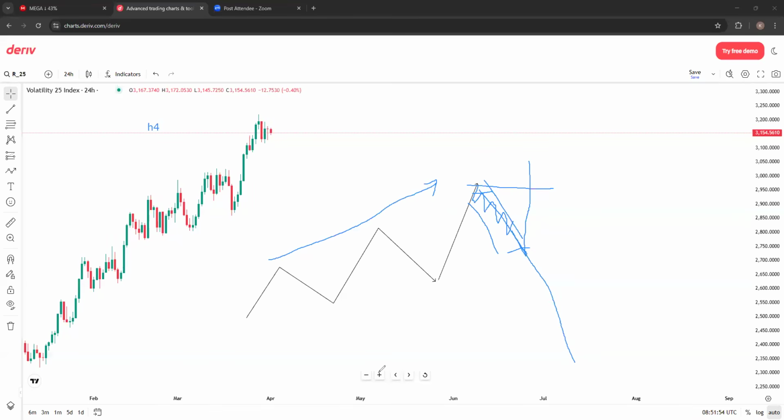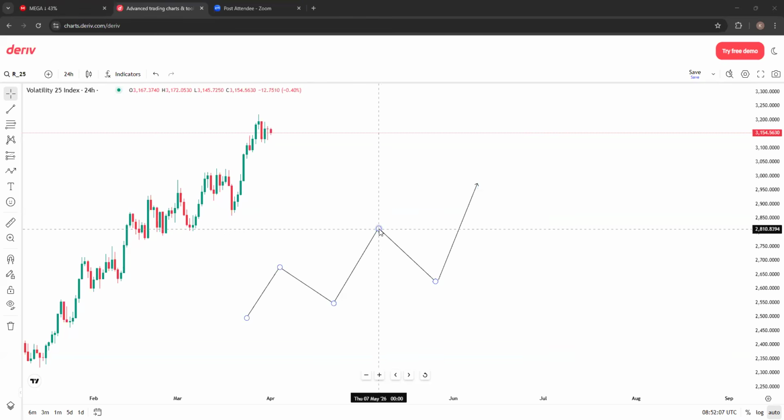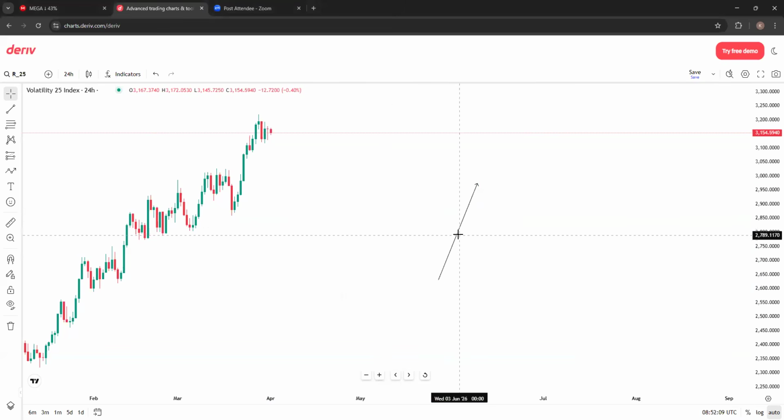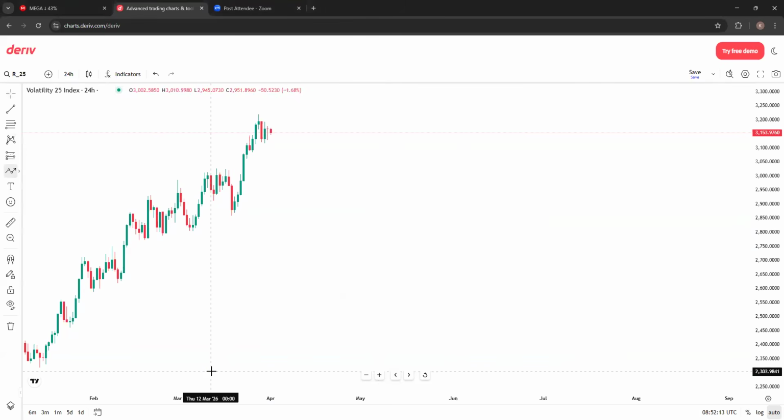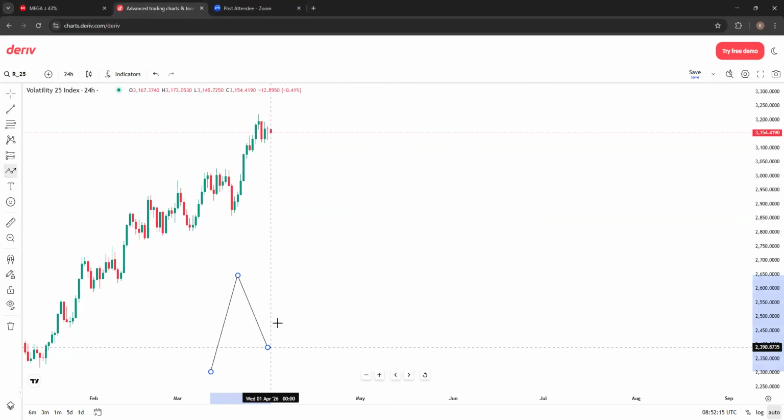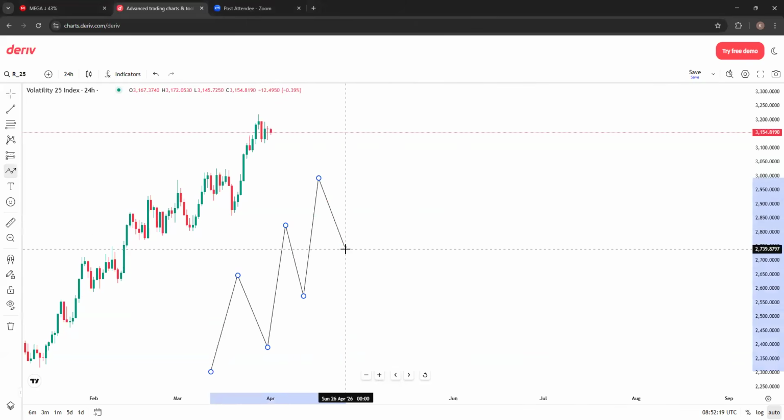So now you have to understand that there's a time when structure shifts, in as much as we have that internal structure. And when structure shifts, that's when we talk about break of structure and change of character. But for now, let's just introduce the term break of structure. So what is break of structure? Break of structure is when we were uptrending, okay,